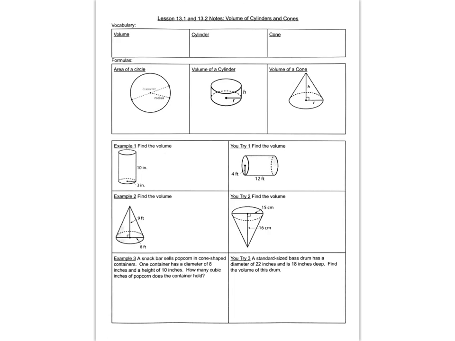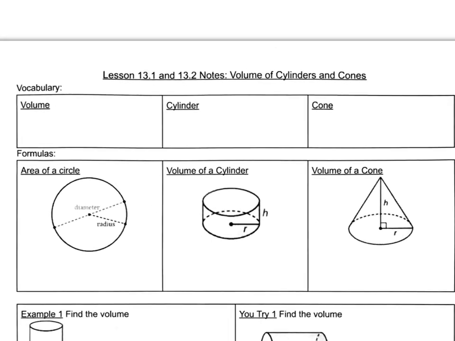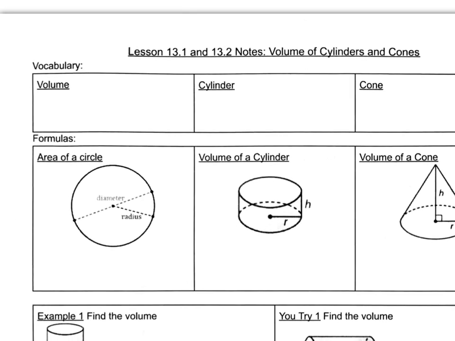Let's take a look at lesson 13.1 and 13.2, volumes of cylinders and volume of cones. Last year in 7th grade, you learned about how to find volume of prisms and volume of pyramids. So the concept of volume is something that you've done before, but we're going to extend that a little bit to 3D shapes that have circles in it. So volume, let's do some review here, is how many cubes